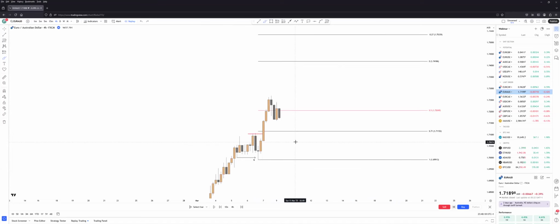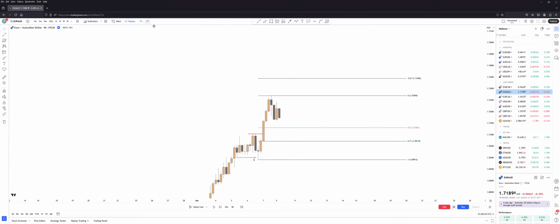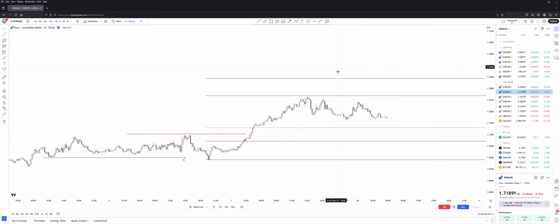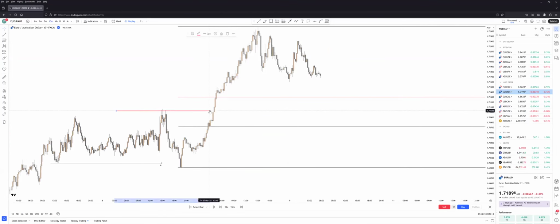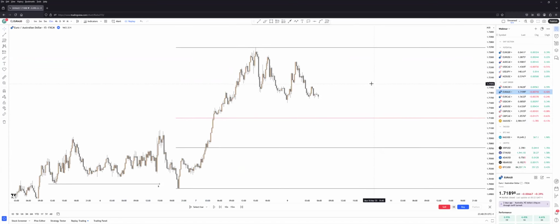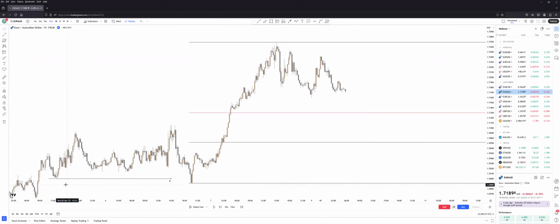You have a limit order, sorry, you have a limit order set here on the 71 level, and you're expecting the 50-minute time frame to retrace back down to the 71 level. Now, if I switch down to the 50-minute time frame, this event has happened earlier than what I showed you previously, but the same principle applies because there was a sweep, there was a break, and there a retracement has